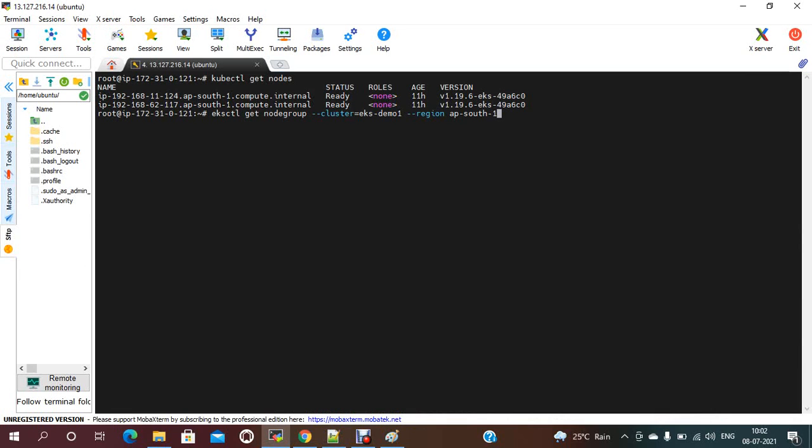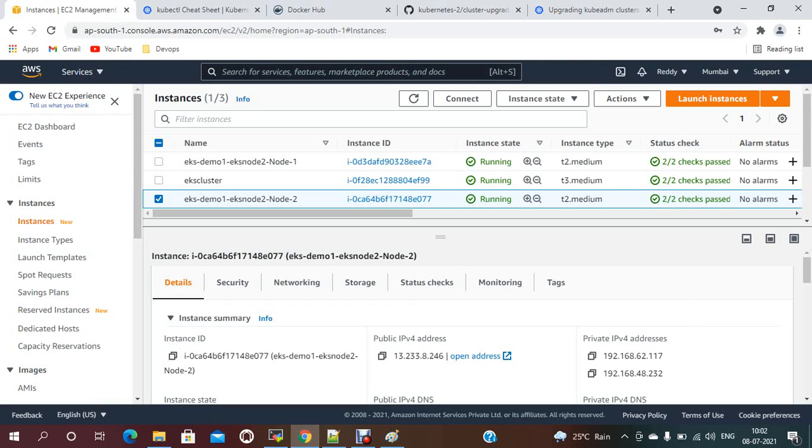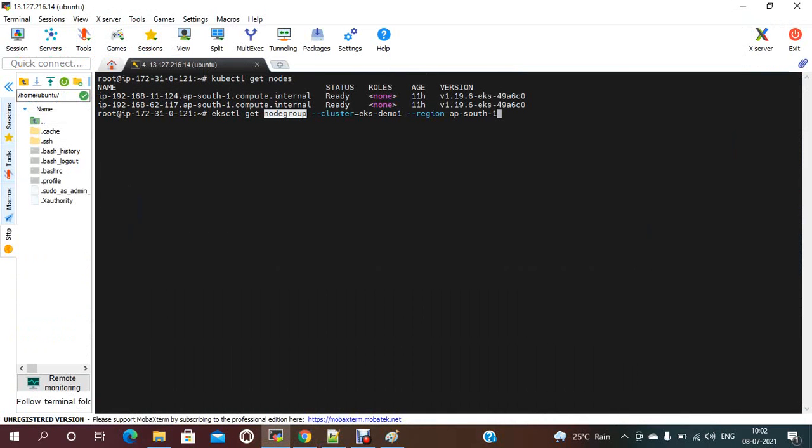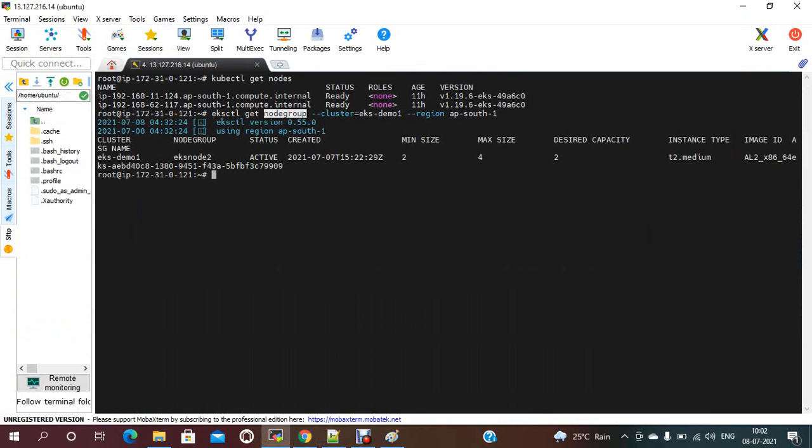You just need to provide eksctl get nodegroup, the cluster name, and the region. My region is ap-south-1, the Mumbai region. If you run it, you will get the cluster name and node group, and the status is active, created.